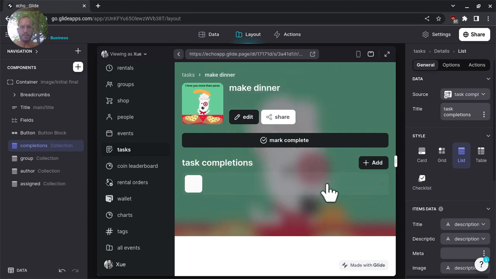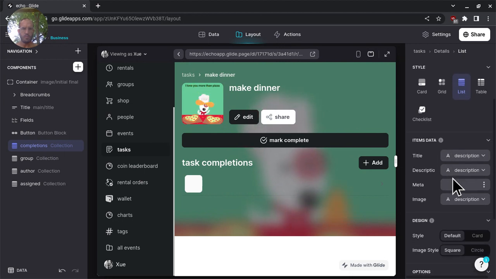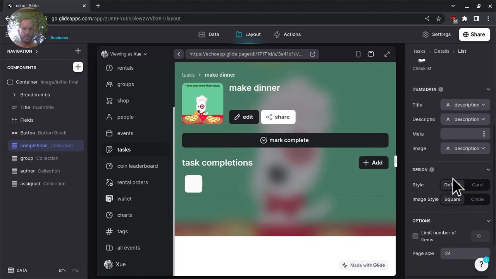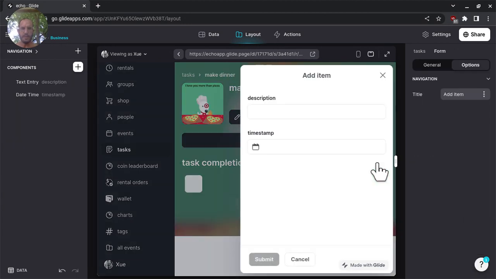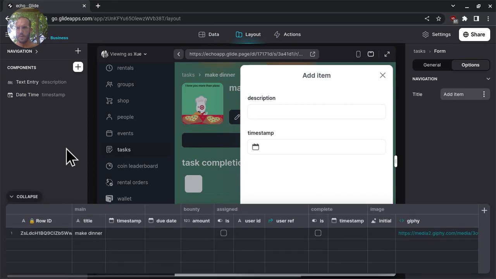So task completions. Title, list. Alright, so when I'm adding a task completion, obviously it needs to reference the task itself,